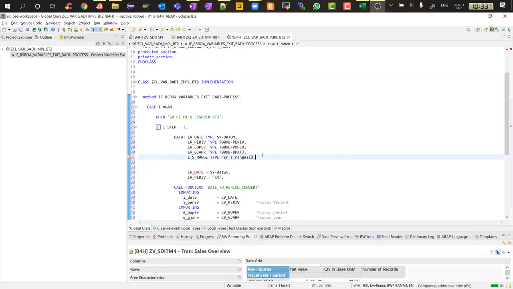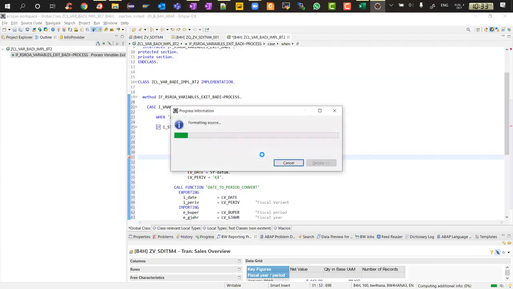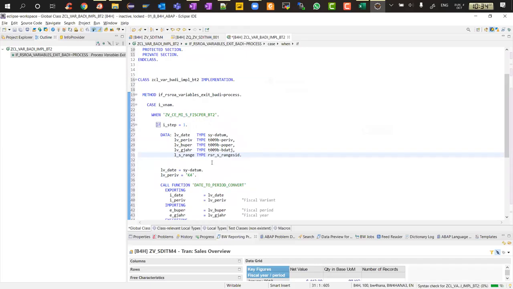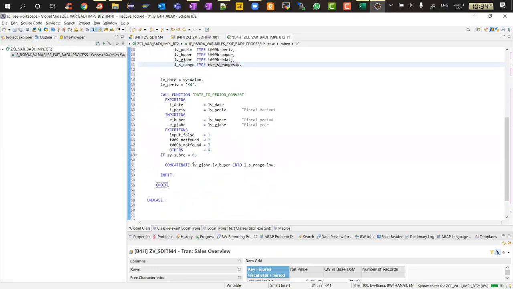So see what I'm doing basically. Let me format the code. What I'm doing is I'm defining a local structure of type the standard range, which has the sign, high, low, those things, right? So now I'm concatenating this and this into the range low. Okay. And then I also have to do ls range